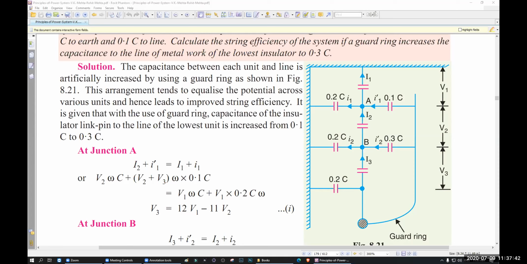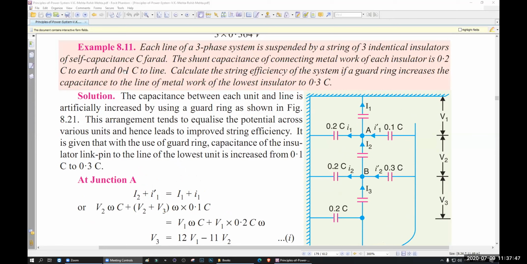Self-study this one. Okay? In the next class, you will tell me if you have any problem with this example. At this point, you have to apply a KCL. At this point, you have to apply a KCL. So by doing that, you can actually find out the V1, V2, and V3. Understand? Like the previous method. This is your self-study, 8.11. You do it at your home. Remember, this type of math will come in your exam.